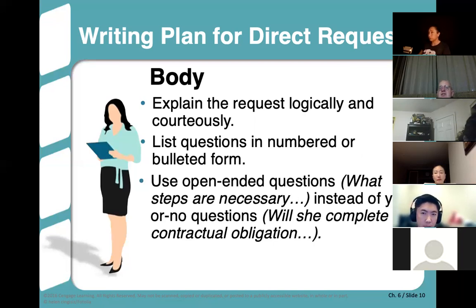What difficulties is she possibly encountering? And when do you think she could be done? All of those things provide the reader, the person who's going to respond, with all kinds of room to provide you information that you may not have even guessed was happening.